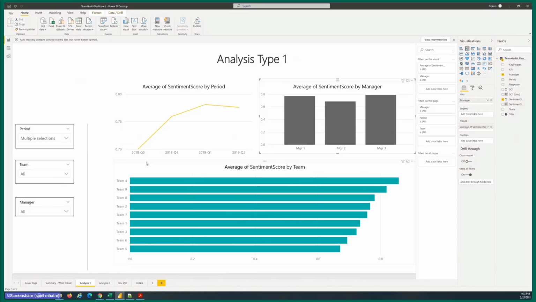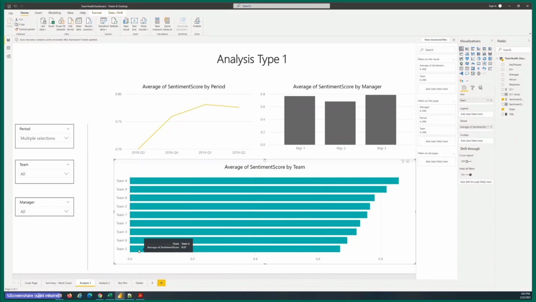The next chart to look at is the average sentiment score by team. And I have sorted this from the highest sentiment score to the lowest. So team 4 is all the way on top, and their average sentiment score is 0.86, so 86% positive. All the way at the bottom, you'll notice that team 5 has an average sentiment score of 67% positive.